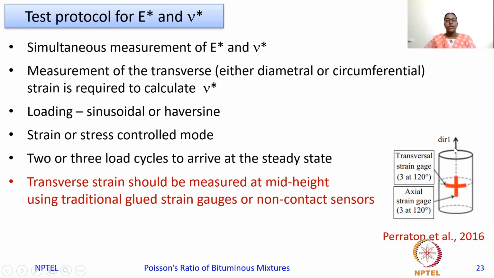Now, the loading that we have applied can be a sinusoidal loading or a Haversine loading. And the test can be conducted either in the stress control mode or in the strain control mode. First of all, you have to apply 2 or 3 cycles so that you attain a steady state. And thereafter, you can have 2 or 3 load cycles and take the average measurement. But there should not be too many cycles, so that other aspects such as the temperature increase